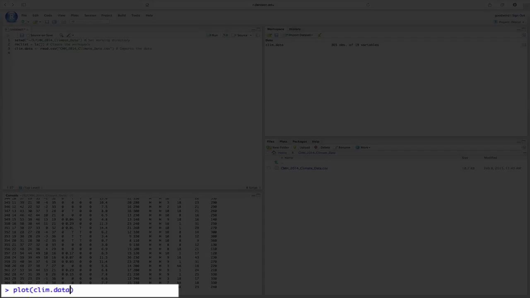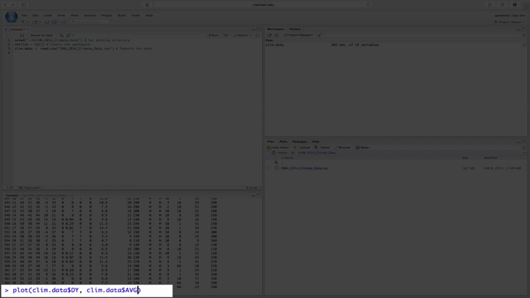What I did is I hit tab and R will autocomplete. Saves a lot of time if you've got a lot of complicated names for elements in your program. Now we put $. Again, the x-axis we want it to be day, and then y-axis again climb$, and I think it was AVG for average. Hit return,